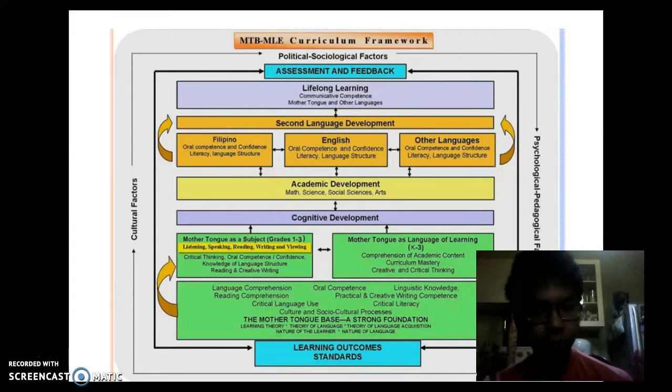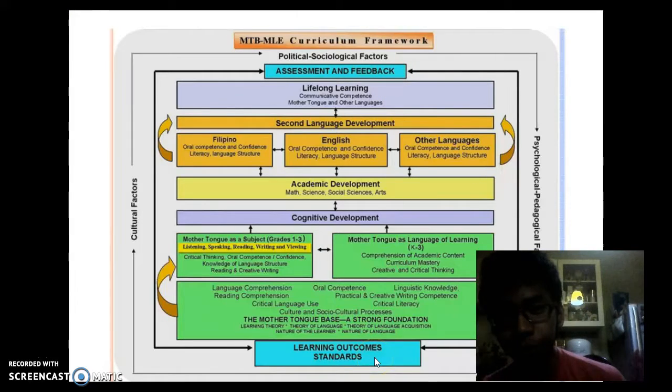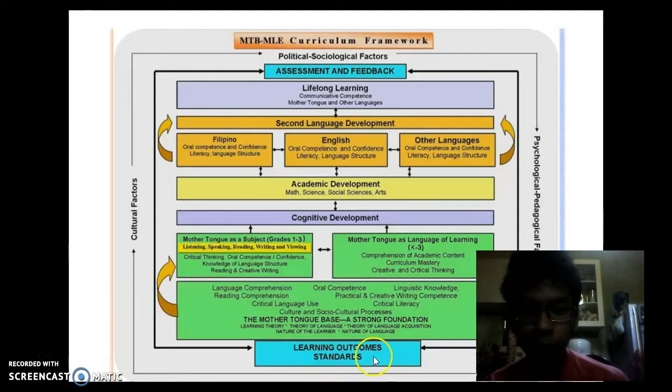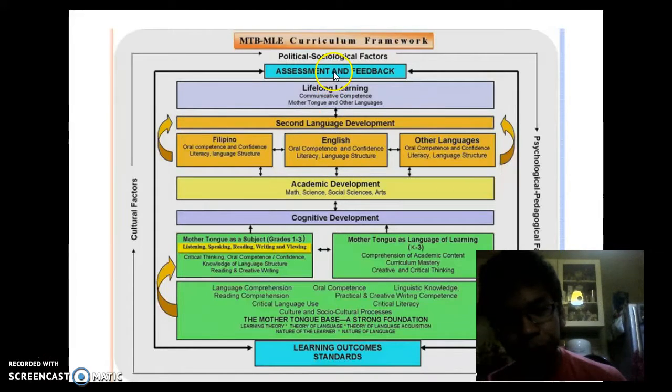Next is the assessment and feedback and learning outcomes and standards. When we say assessment and feedback, this is to diagnose what the students have learned in the particular subject area. Assessment and feedback, it's self-explanatory. And next is learning outcomes and standards. This is the output of the student. So as you can see, let us begin dissecting this framework